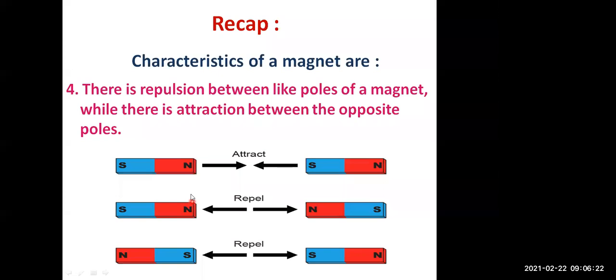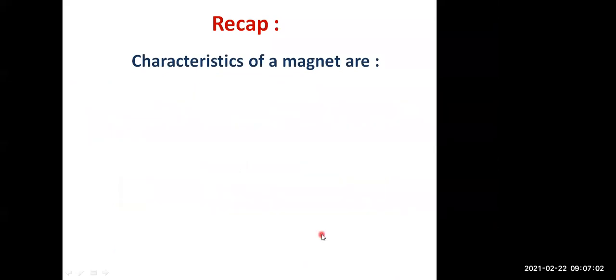Now if you take two magnets in such a way that for one magnet you are taking the north pole, and the other magnet is facing its south pole, and you try to bring these two magnets towards each other, see carefully, north pole and south pole are opposite poles. If you bring them near each other, what will happen? They will try to attract each other. So attraction is seen between the opposite poles of the magnet, and repulsion is seen between the like poles of the magnet. We'll revise the fifth point.